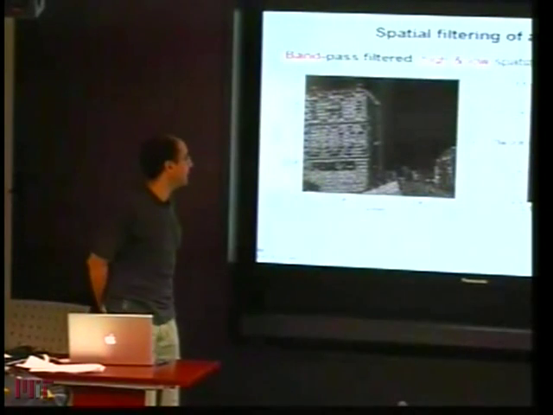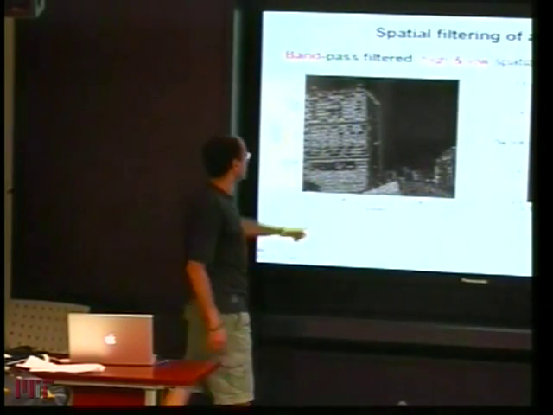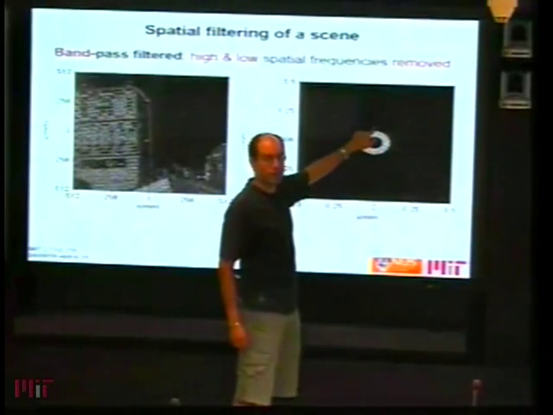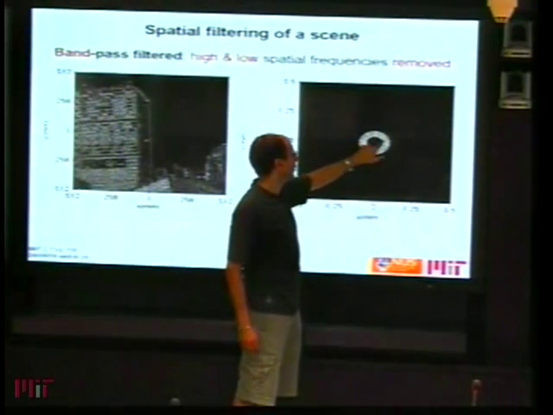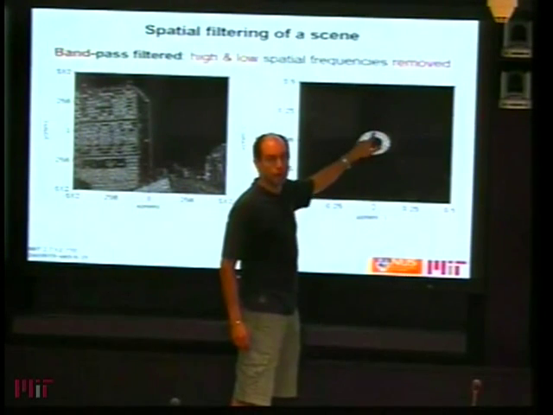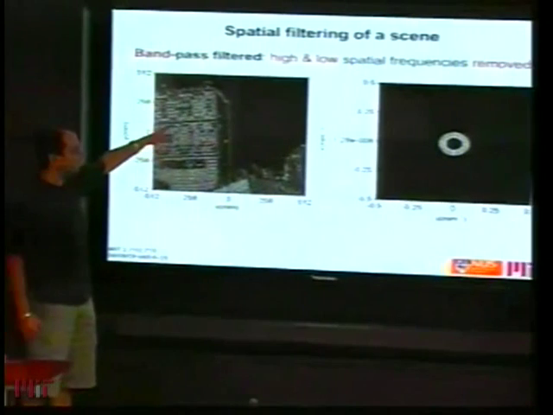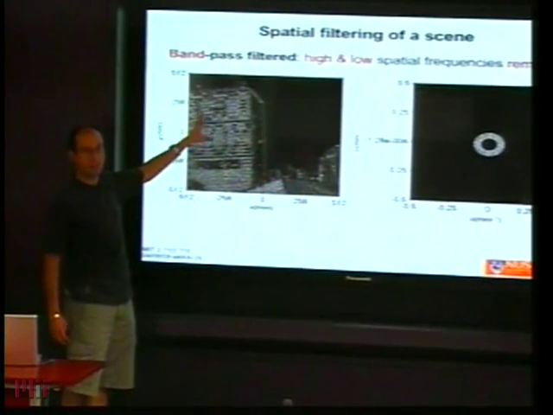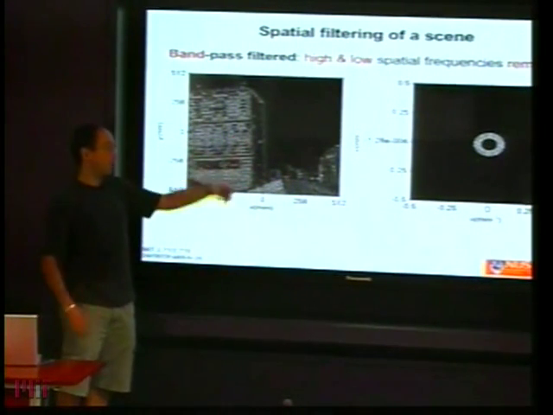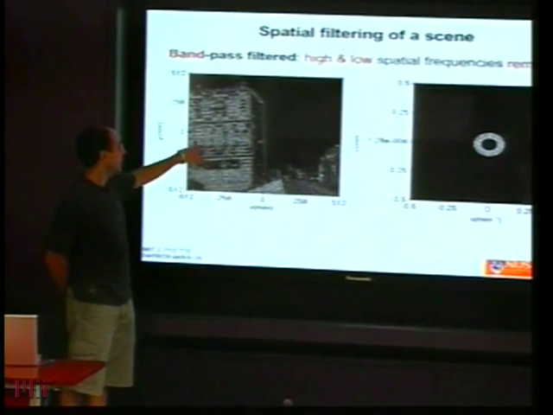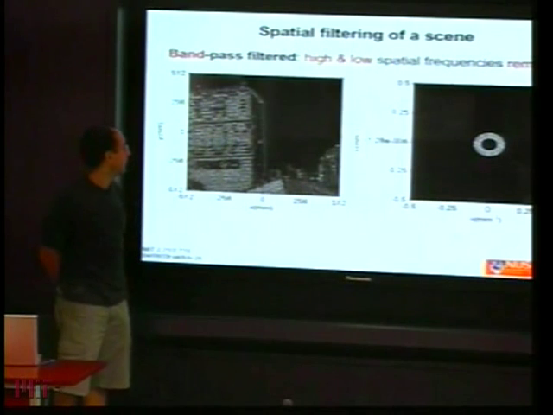This is called a bandpass filter. And in this case the windows reappear, because now I centered this donut, this annulus, so that some of these dots in the frequency domain survive. And you can see that the original building is not fully reconstructed, because there are still spatial frequencies missing. But you can see that the pattern of windows of the high-rise has reappeared.